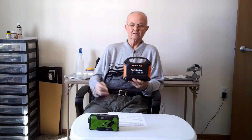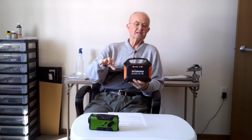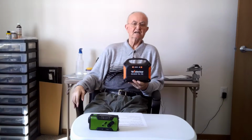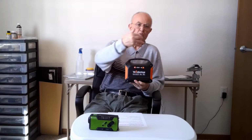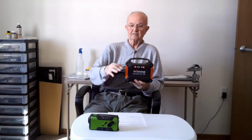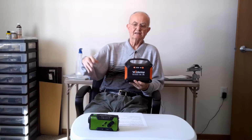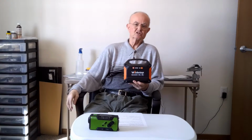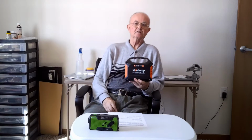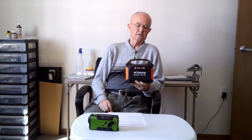So it's a nice utility type room, and I come in here and I will camp for like 3 days, and I do everything in here that I would do when I'm out remote. I've got my tent, I've got my cot in there, my sleeping bag, my chemical toilet, my lounge chair, and I've got this little table here that I set everything on